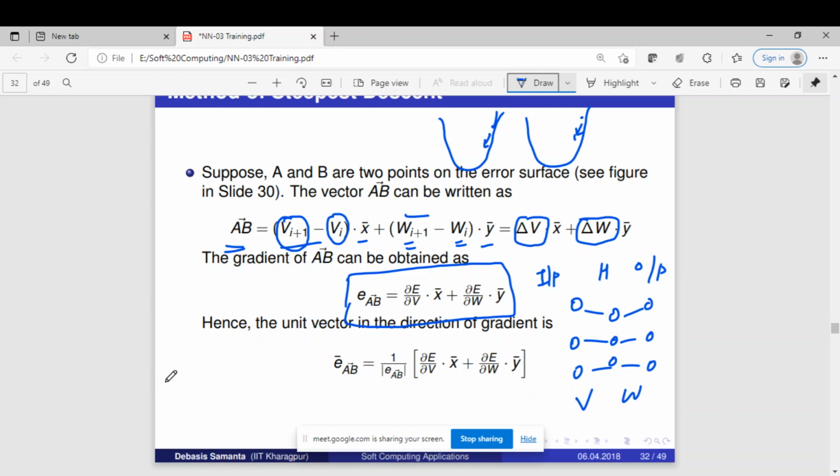There is something called a unit vector. A unit vector is a vector whose value is always 1. If I say that AB is a unit vector, then its value should be 1. Now its value is not 1. But say that I want to convert it to a unit vector, then what should I do? Any idea? I want to convert this vector to a unit vector. What should I do for that?